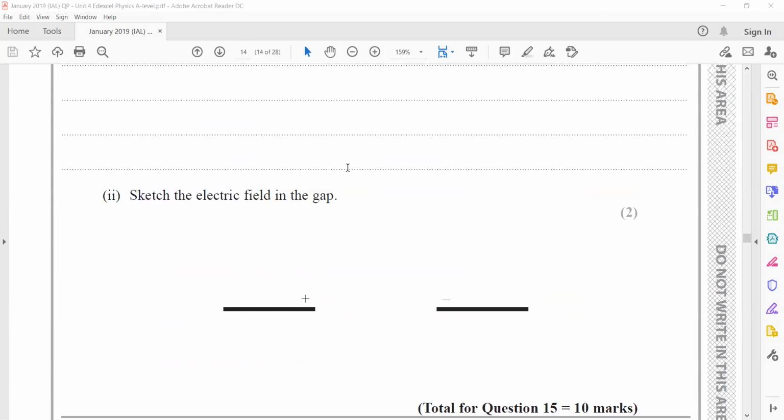Sketch the electric field in the gap. So how to sketch an electric field between the gap? Once we have a positive charge here and a negative charge, an electric field is always from positive to negative. So between them it will be a straight line, and then